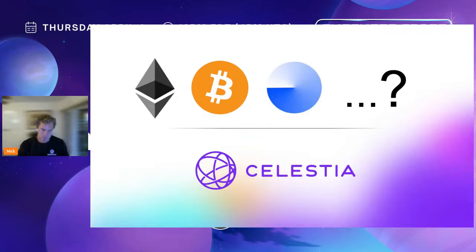And beyond this, I didn't have time to add this to the slides, but Celestia is also integrating. Currently all the rollups that I showed above were all OP stack rollups, but we just recently announced the integration with Arbitrum Orbit and the support for Nitro fraud proof. So now we're actually having some of the first fraud provable data availability sampling rollups coming to market. And I just think it's an incredibly exciting time to be part of this modular blockchain movement, because every month there's an insane amount of progress.